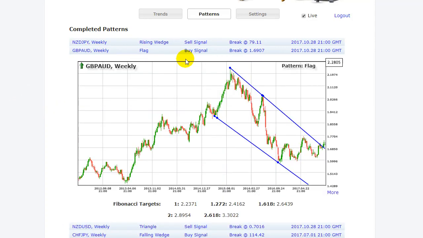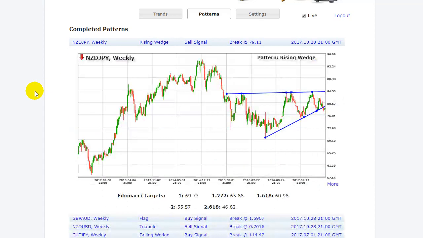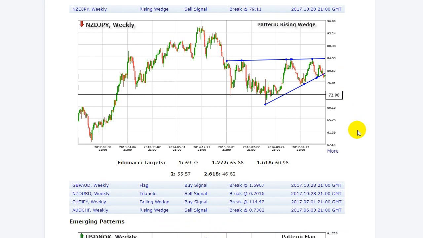Pound Aussie, it was a weekly buy, it just happened, and you'd still be in this trade, and it's slowly working away. New Zealand dollar Japanese yen, a weekly sell, and again, you'd still be in this trade as well. So some of these patterns have just happened, so that's a good thing. But generally, they're more reliable than